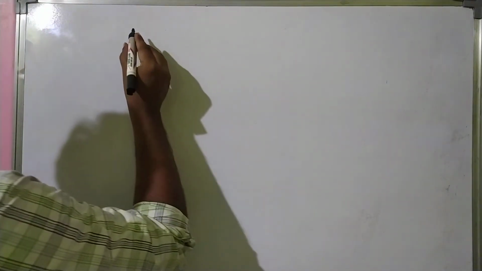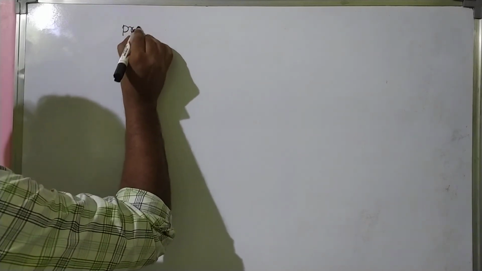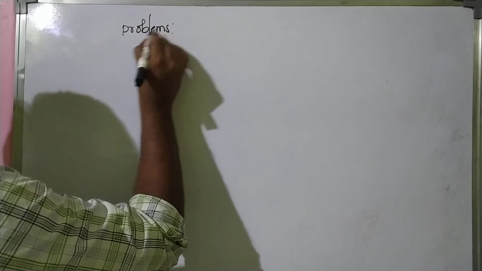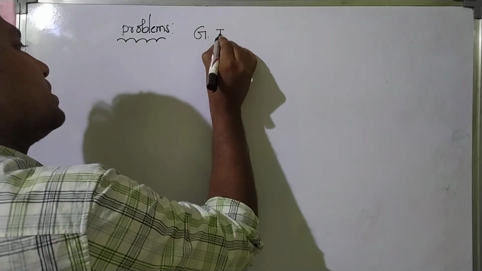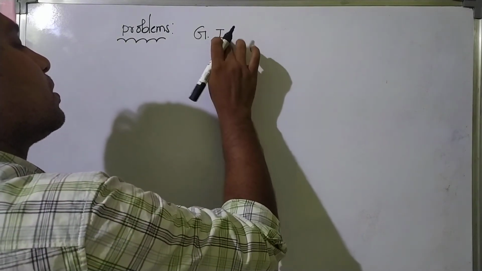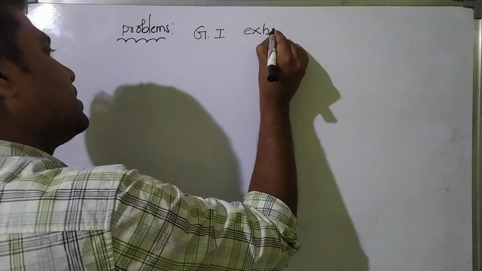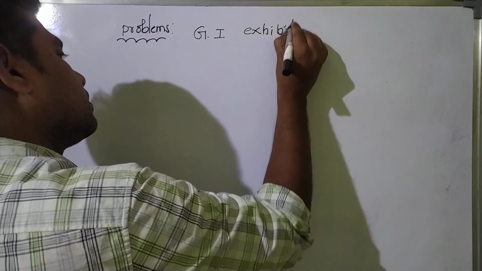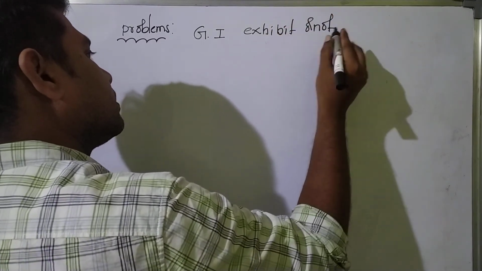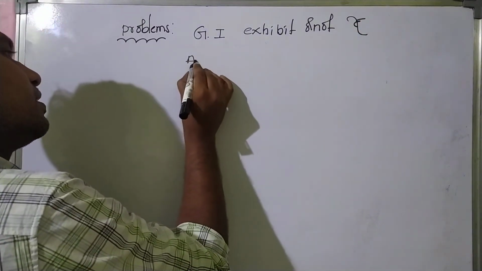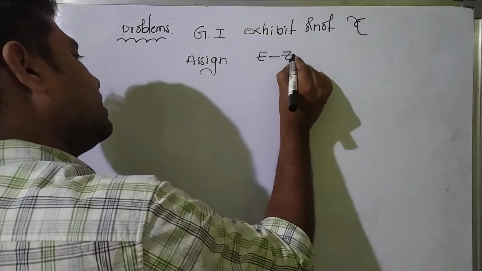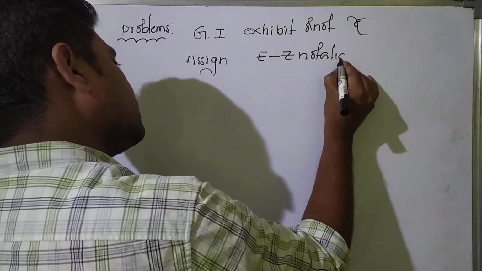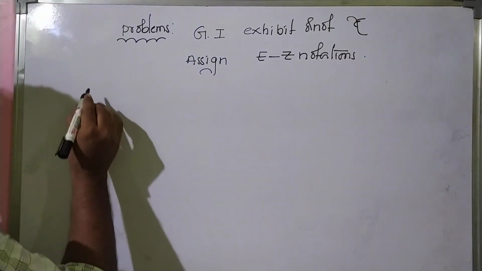Okay, now write some problems. Geometrical isomerism: exhibit or not, and assign E-Z notations. Okay, now first one,